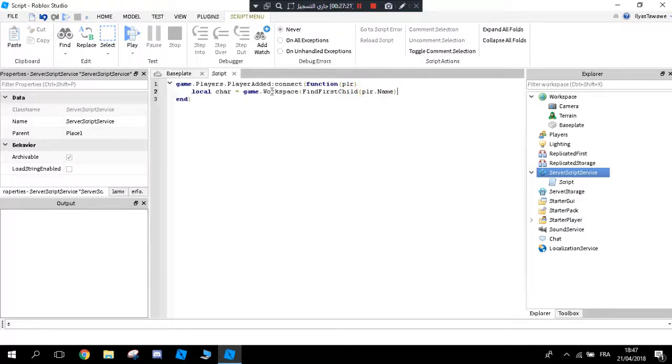Okay, but wait a second. When the player just joined, there is no character yet. The character may not be loaded yet. So in this case, we should do WaitForChild, not FindFirstChild. WaitForChild. So it's going to wait for it until it appears. Okay, so if character, then we're going to check if the script found the character first. Okay, if character, then local health, or actually let's do